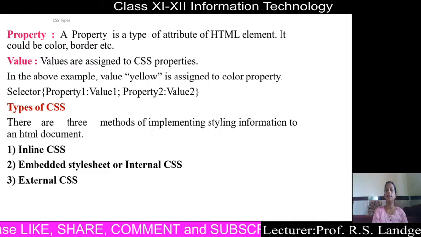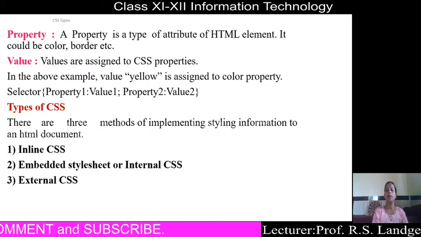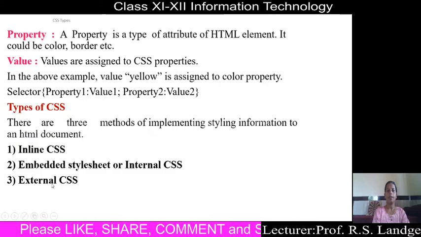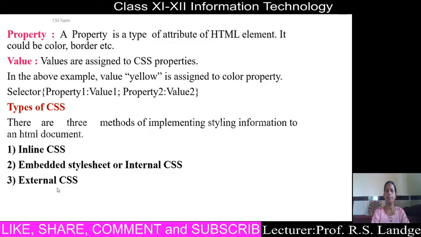First type is inline CSS. Second type is embedded or internal style sheet, embedded style sheet or internal CSS, and third type is external style sheet or external CSS. These are the three different types of CSS.